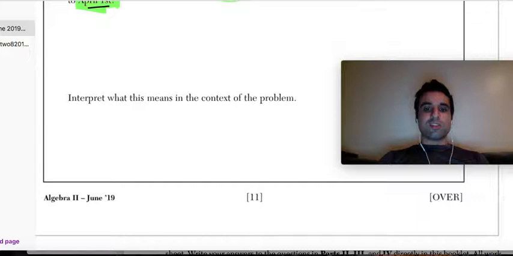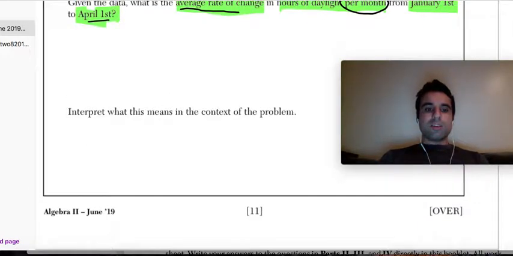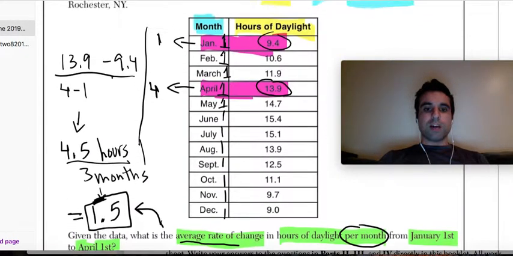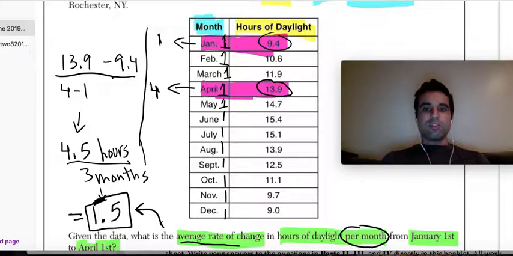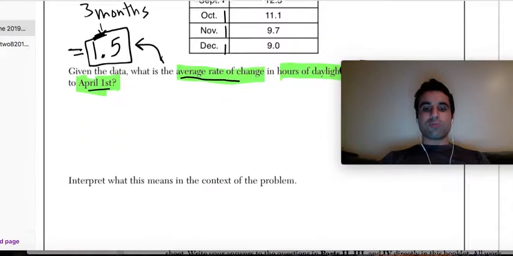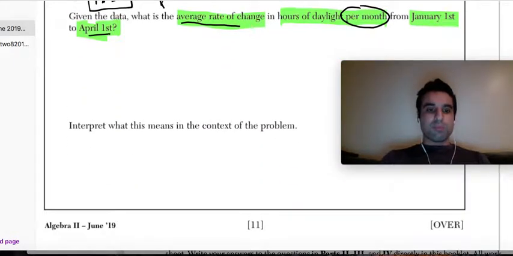Interpret what this means in the context of the problem. What it means is that, very simply guys, as we went from January to April, we got the average rate of change, right? The number of hours of daylight, since it was a positive 1.5, increased from 9.4 to 13.9. Over the 3 months, it increased by an average of 1.5 hours per month. That was pretty simple if you knew what to look for. So, on average,